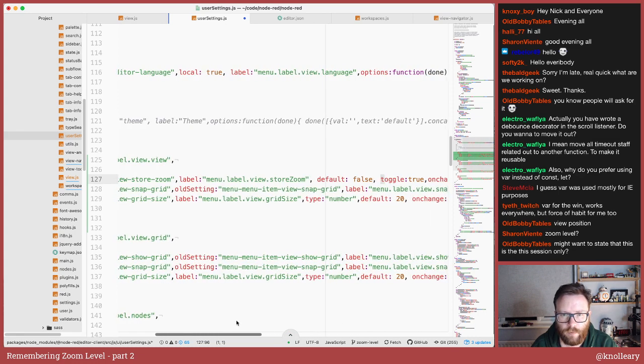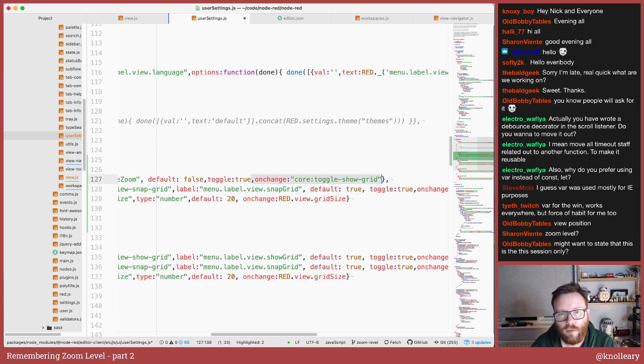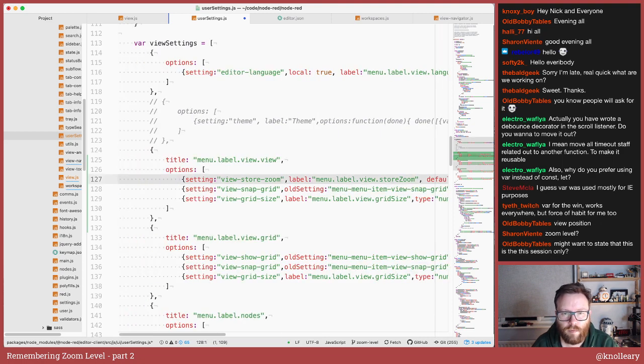I think I want toggle. Set to true. And on change, don't need to change anything. I think that's okay.